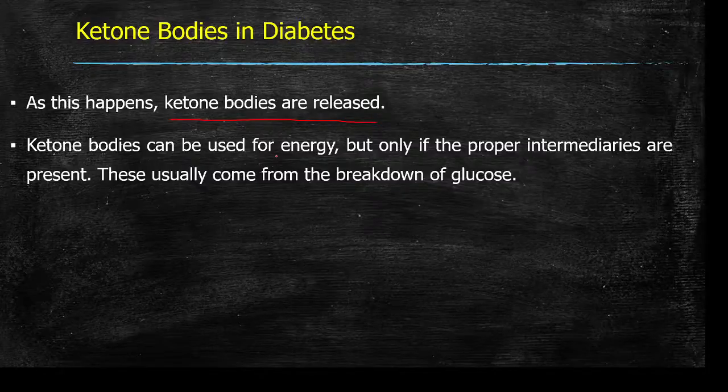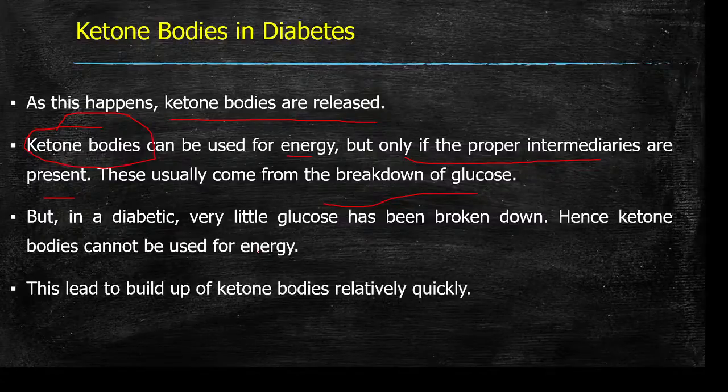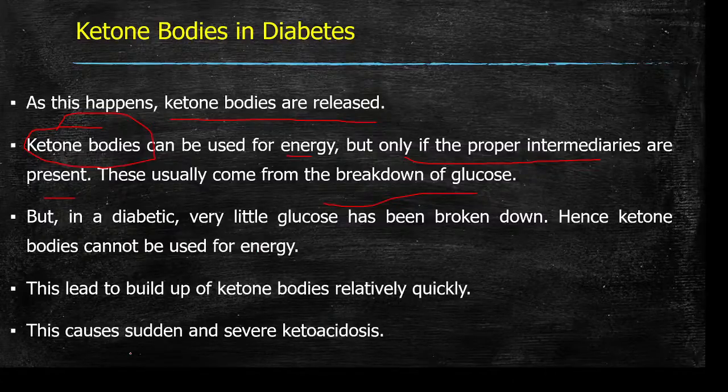These ketone bodies can be utilized for energy, but only if the proper intermediates are present. These intermediates are provided by the breakdown of glucose. Since the breakdown of glucose is not happening, most of the ketone bodies remain unutilized. So this leads to accumulation of ketone bodies in the bloodstream. That is a condition called ketonemia. Okay, so this causes ketonemia, ketonuria, and